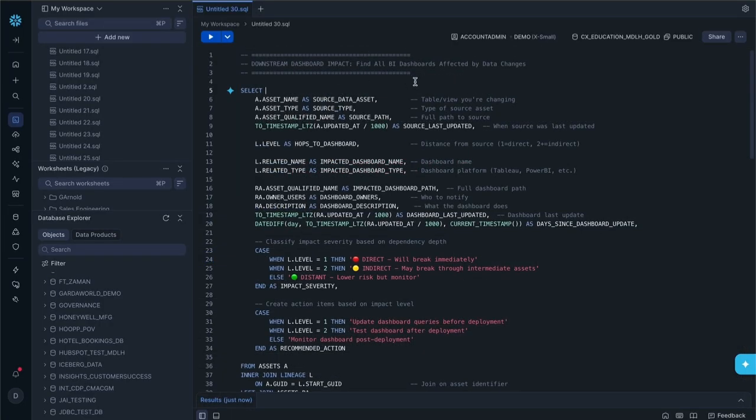Now, let's go one step further. Not all downstream assets carry the same business risk. A table 2 hops away is a different conversation than the dashboard our CFO opens on Monday morning. We can customize our query to narrow down to only dashboards surfacing our stakeholders. We can use this when we want to scope our pre-deployment review to the business-facing surfaces that will be noticed